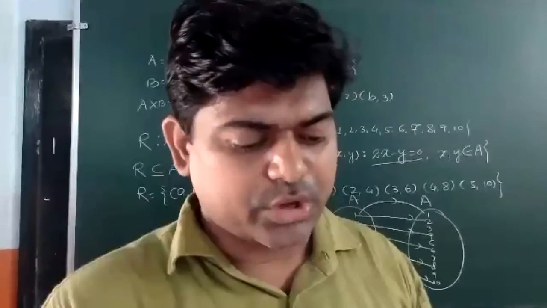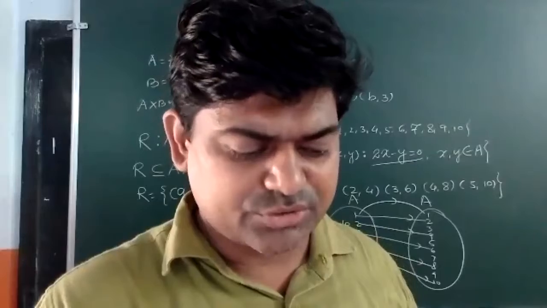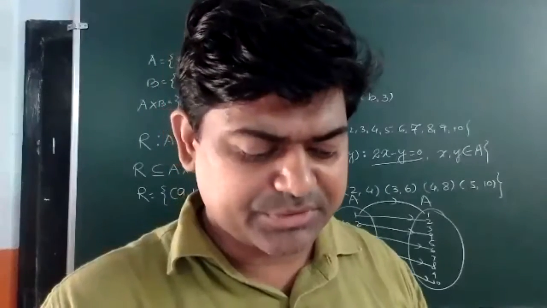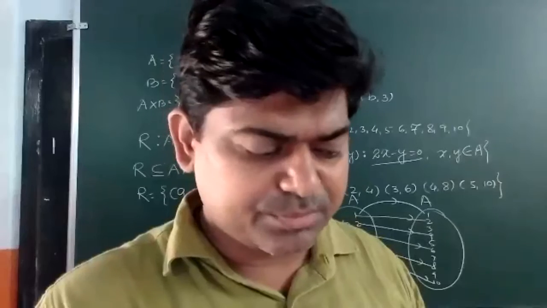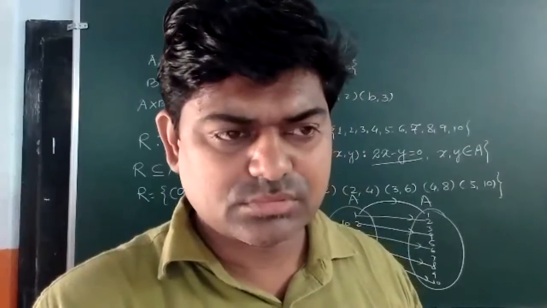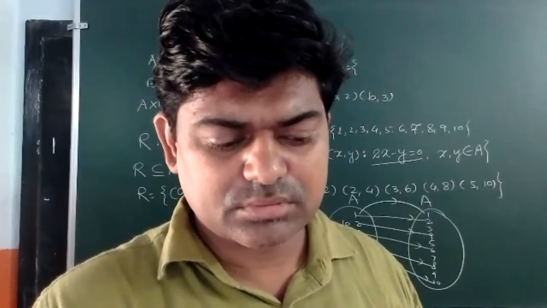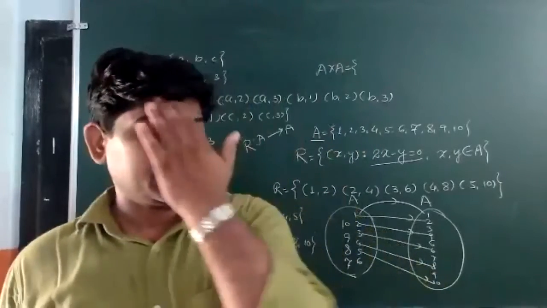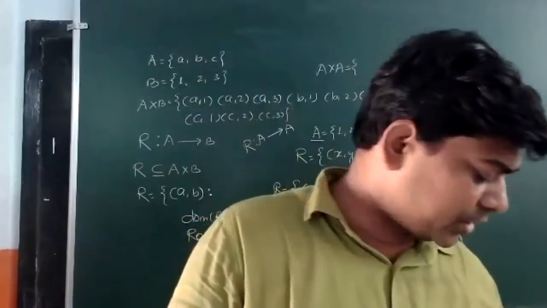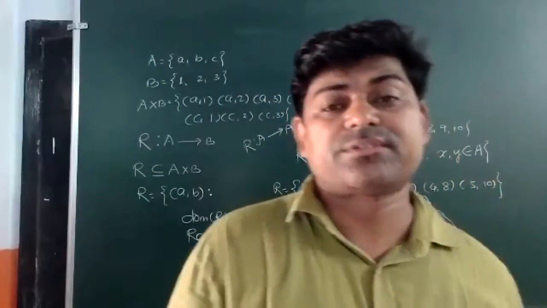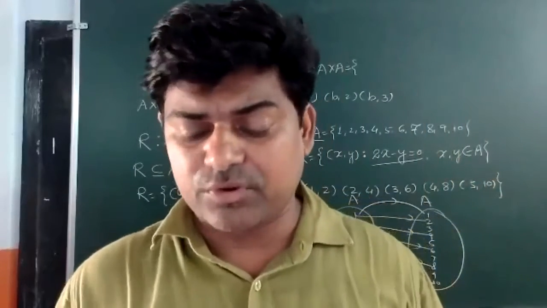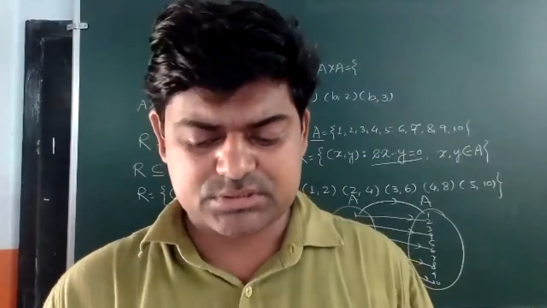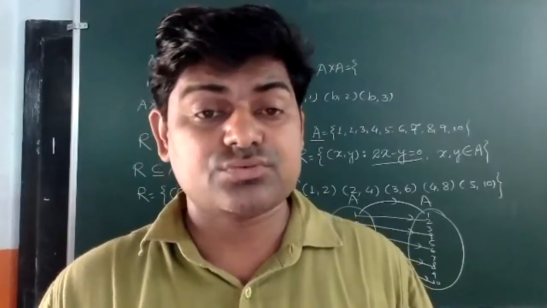No. Okay, in relation, we discussed what the domain is, what the range is, and what a relation is, all these things. Now tell me, is there any problem in 2.2? Different types of questions are there in 2.2. Some relations are given in roster form, and we have to write them in set builder form. Some relations are given in arrow diagram form, and we have to write them in a different form. So if you have anything, then please ask this question.